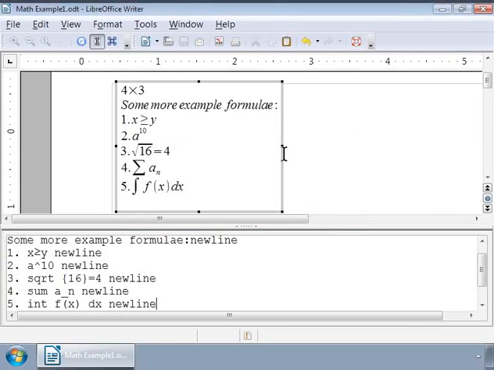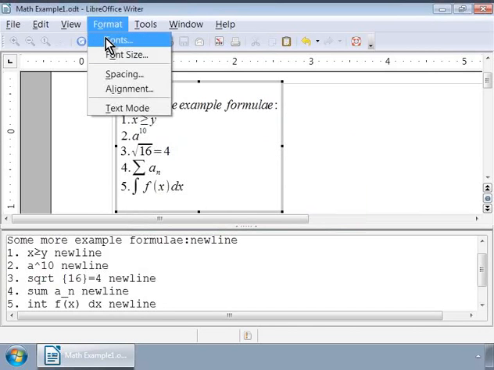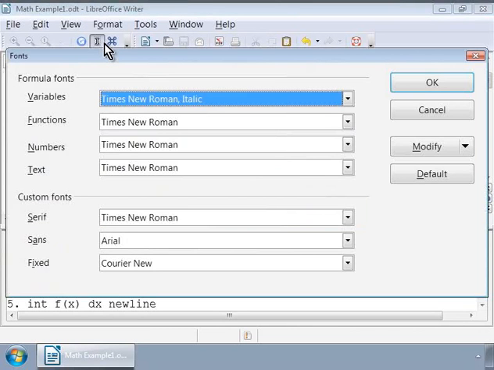We can change the font style by choosing Fonts under the Format menu. Notice the various categories here. We can set one type of font for variables, another type for functions, another for numbers and text.